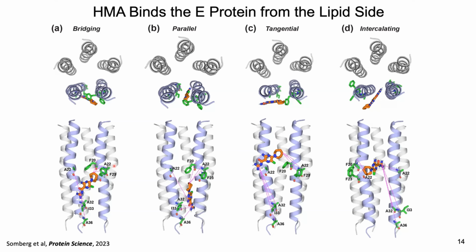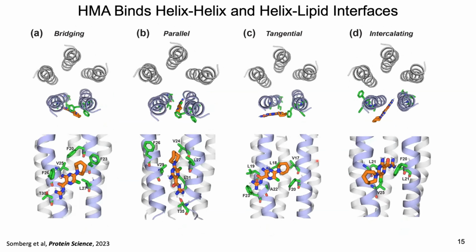The overall orientation can be, as I said, parallel to the long axis of the transmembrane helices, or it can be perpendicular coming in this way. But they're all pretty close to the central portion of the protein where you have these aromatic phenylalanines. I mentioned briefly that these phenylalanines are important for gating, and we think that the fundamental mechanism of this inhibition has to do with the HMA interfering with the gating mechanism of phenylalanine so that it can keep the channel in the closed state,